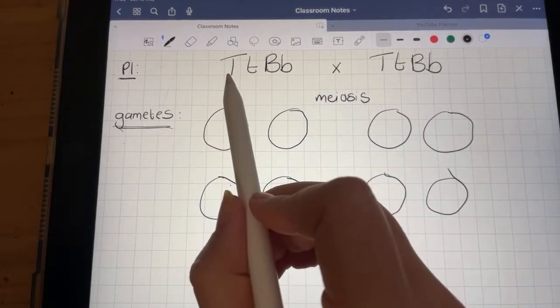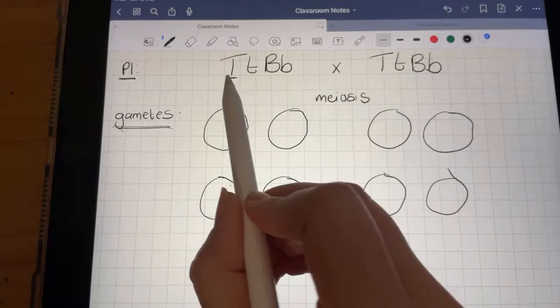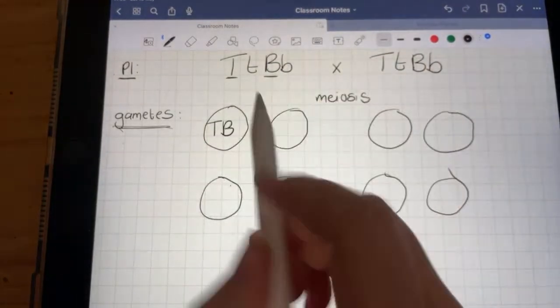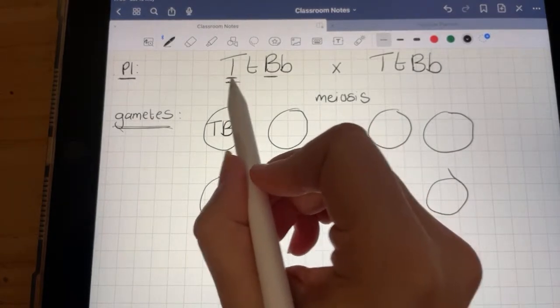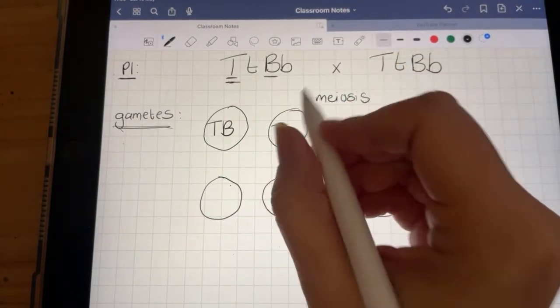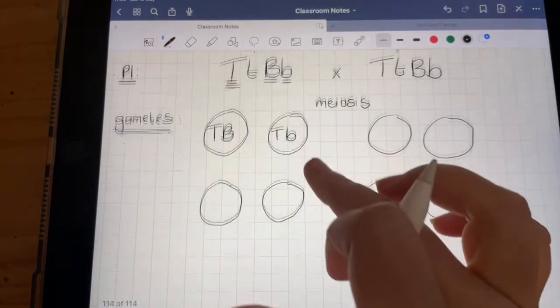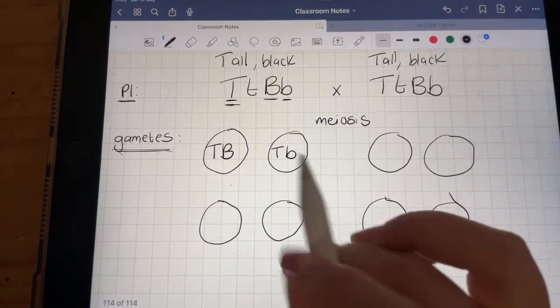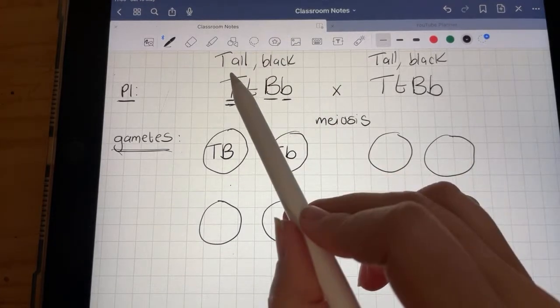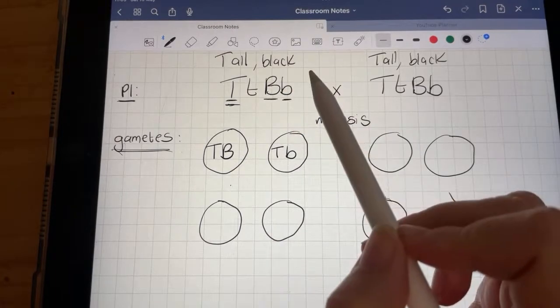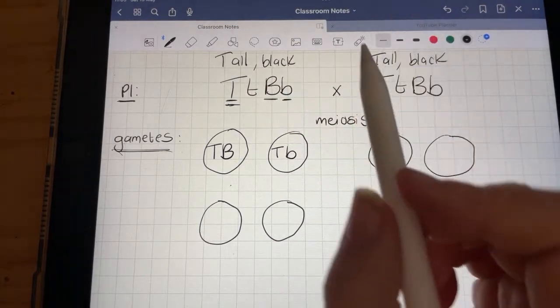So what that means is, for my first one, I'm going to use this letter T and this capital B, so I put it in there. I can use this capital T one more time, so I underline it to keep track of it, but now I use this B, little b. I am also technically, if you do maths, foiling it out, which means I'm going this T times this B, this T times that B. I'm using the idea of foil.